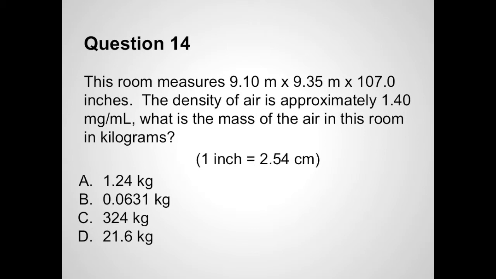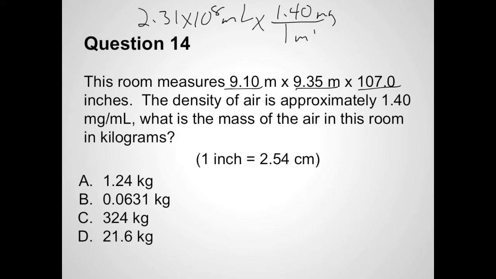If we go back to our earlier problem, we had calculated that the volume of this room with these measurements, if we did it in milliliters, was 2.31 times 10 to the 8th milliliters. And then I need to convert that first to grams, or milligrams rather, because the density given is in milligrams. And it says that there are 1.4 milligrams in 1 milliliter. So when I do that out, I get 3.234 times 10 to the 8th